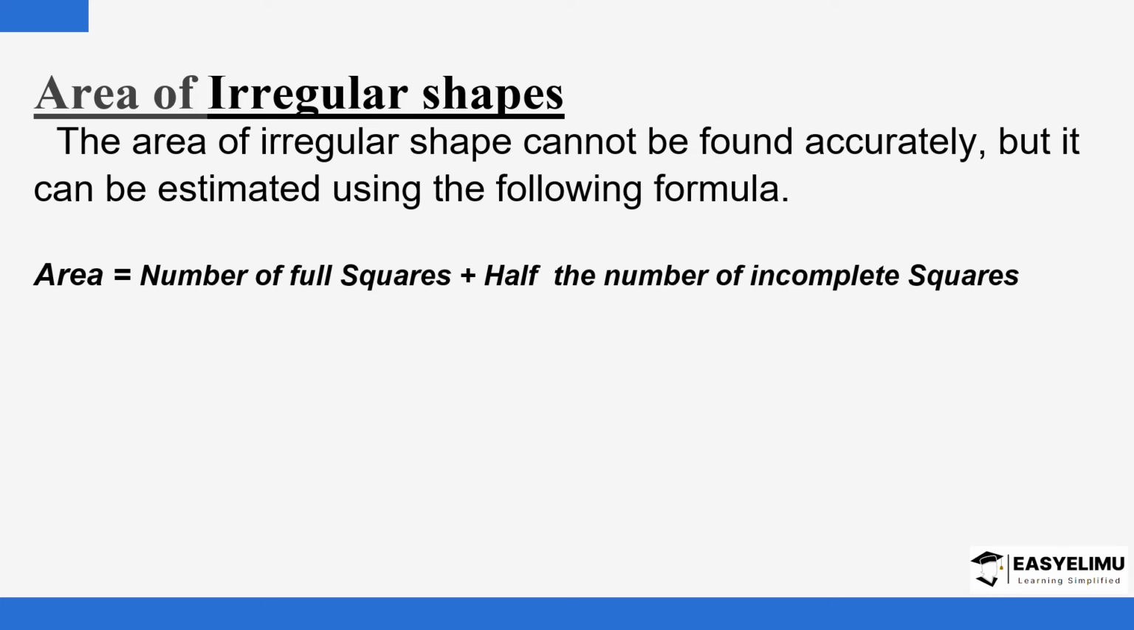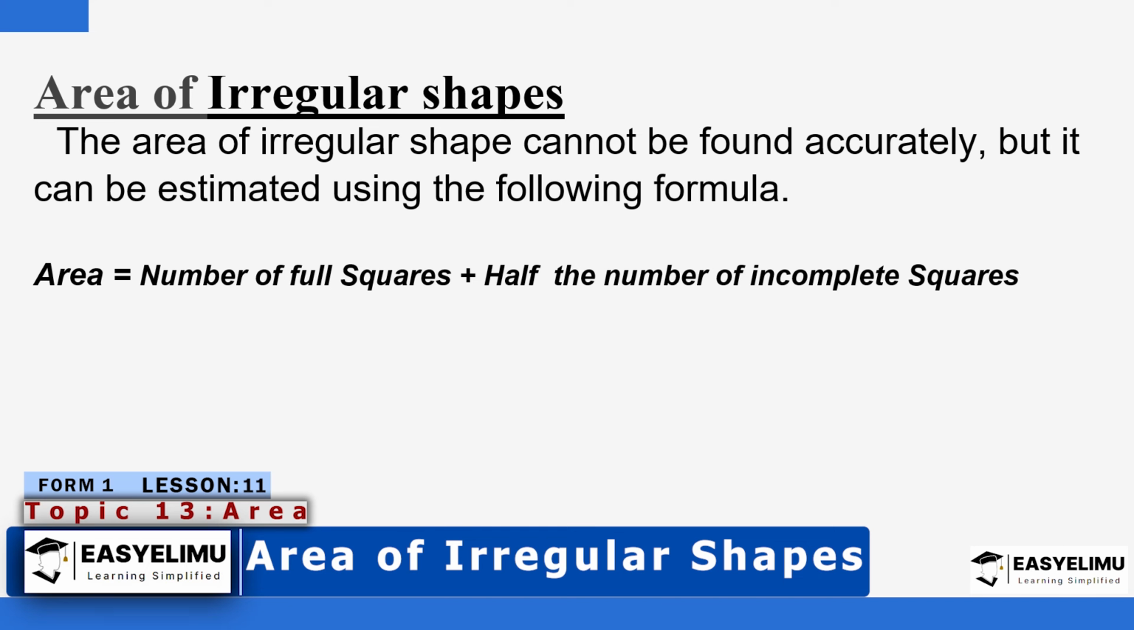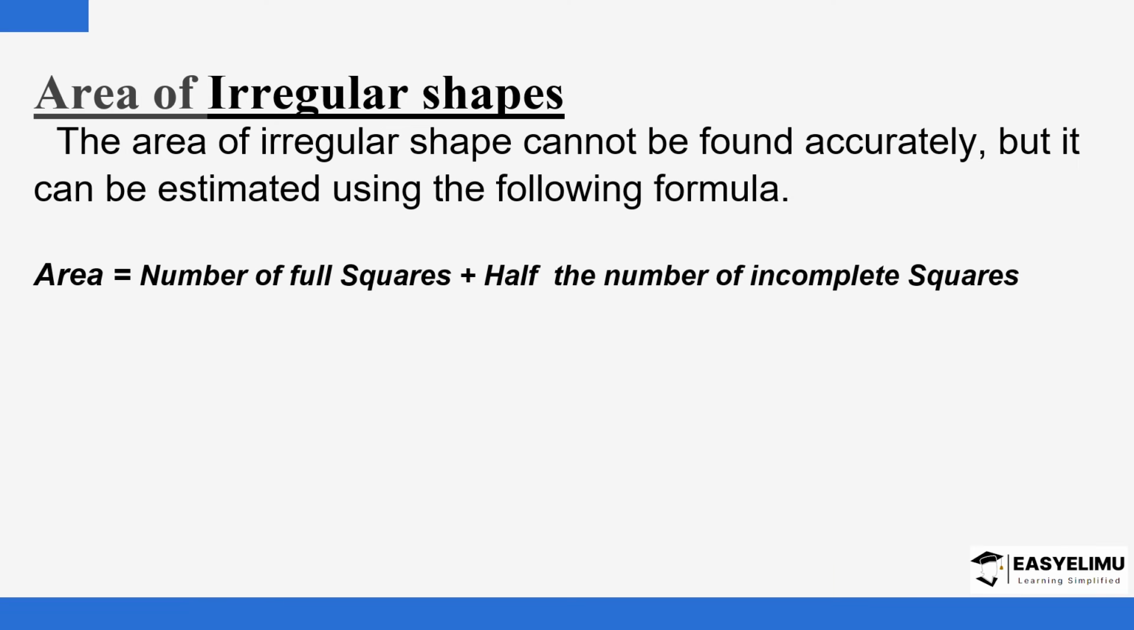So irregular shapes, basically, are those shapes that you cannot identify based on the regular shapes that we have talked about. You can't really tell, is it a trapezium, is it a square? Those regular shapes that we have talked about, you can't really tell which one of them is the case. So when you have an irregular shape like this one here,